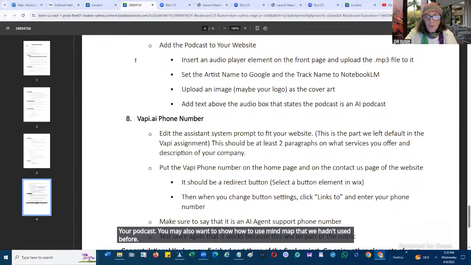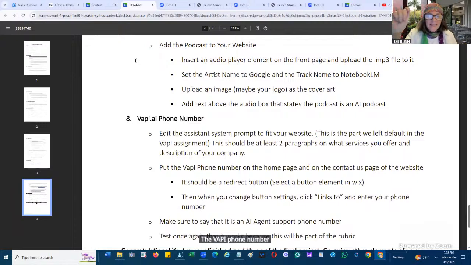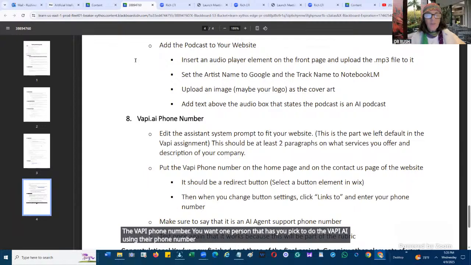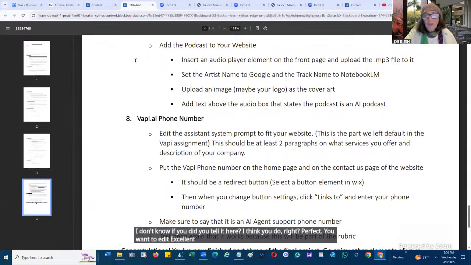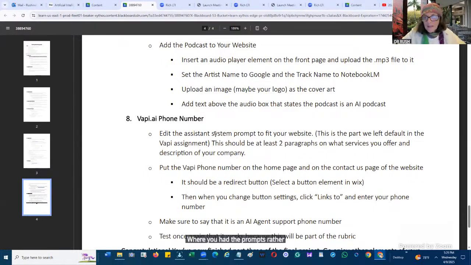The VAPI phone number: you pick one person to do the VAPI AI using their phone number, and then you want to be able to post that VAPI AI phone number onto your website. You want to edit the system prompt, so you'll have one person take it where you had the prompts, rather than just saying, hi, this is Morgan.